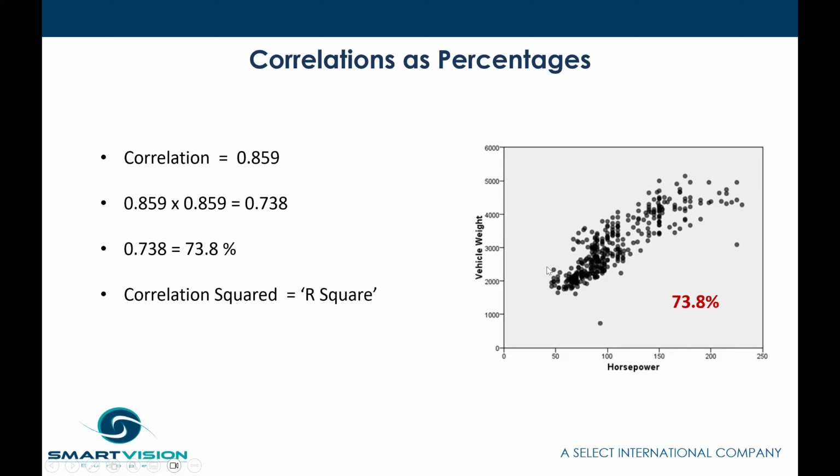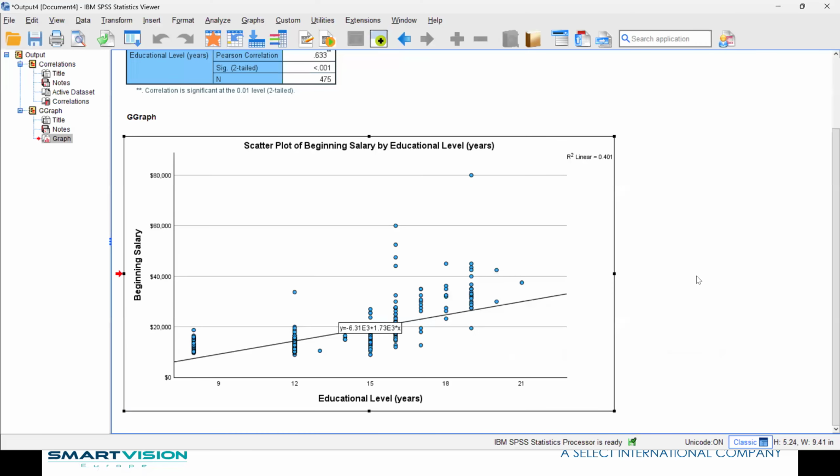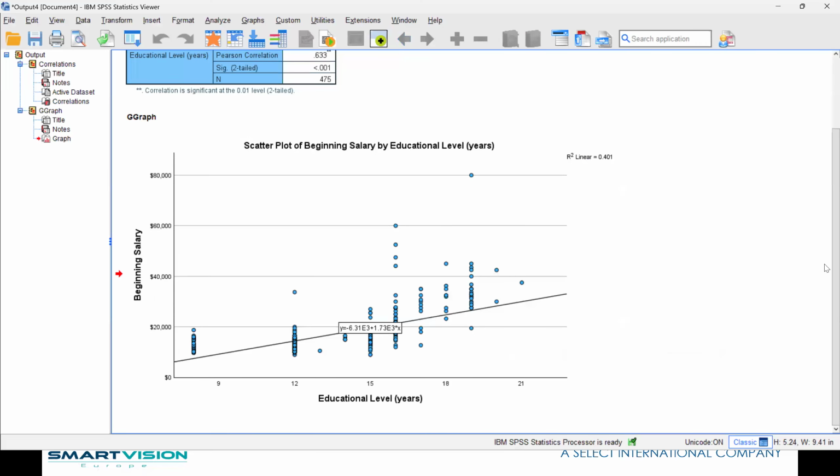What do we mean by that? It means that 73% of the variation in horsepower can be accounted for by vehicle weight, and 73% of the variation in vehicle weight can be accounted for by horsepower. They overlap by 73%. In our case, back here when we were looking at education level and